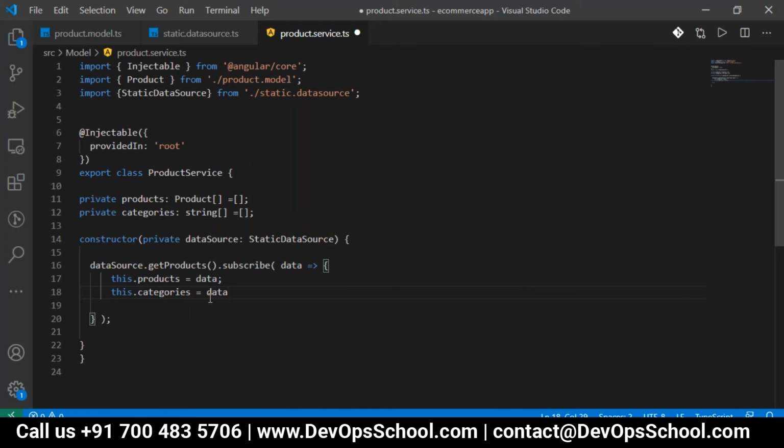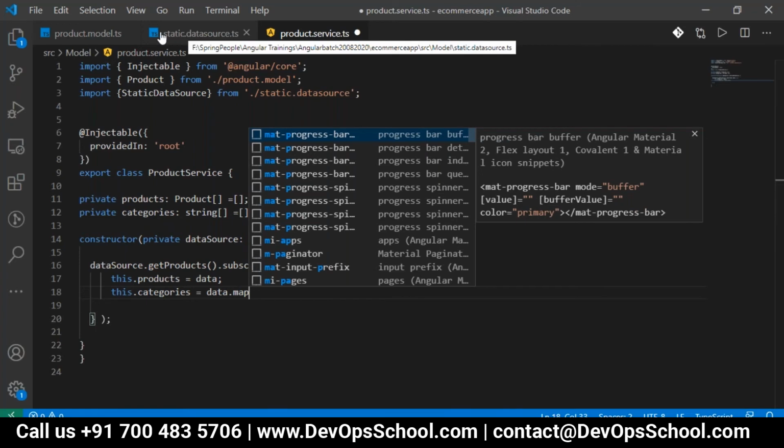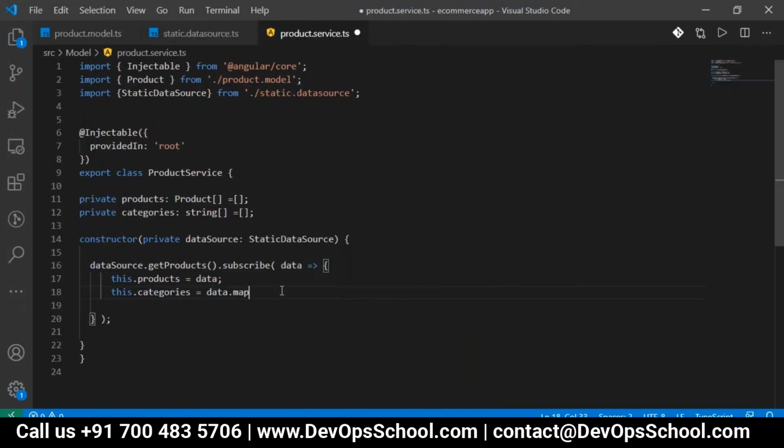So we have a stream function which is called map. If you have an array kind of data, and in that you want to get only one particular column, then we will use the method called map.